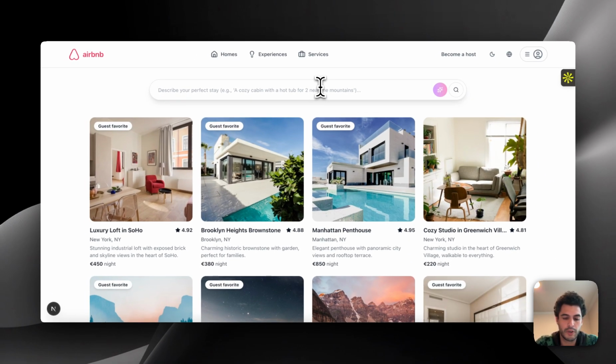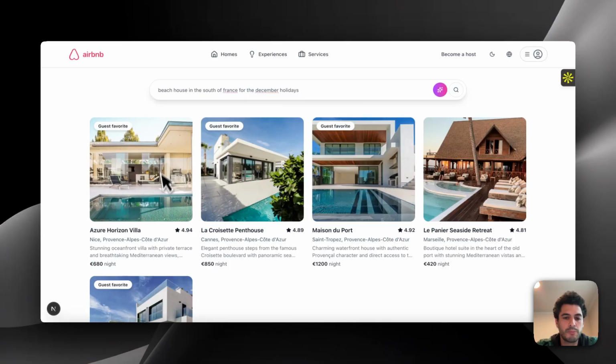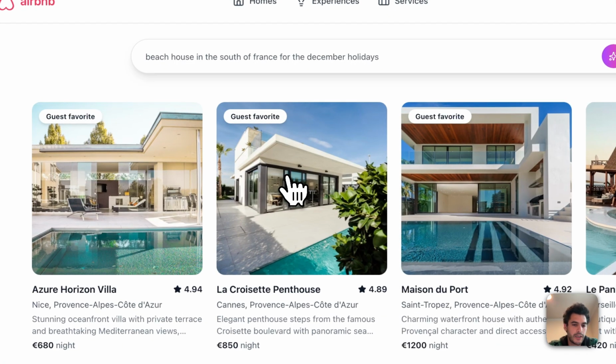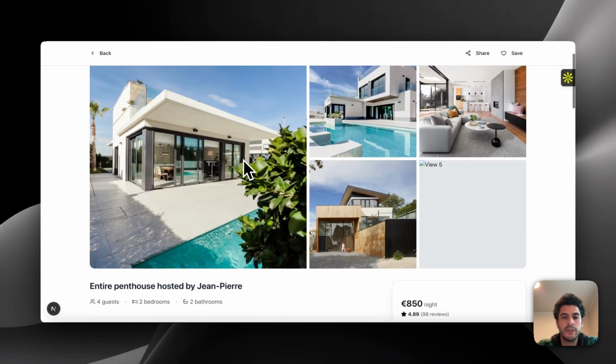So I'm looking for a beach house in the south of France for the December holidays. It's going to go ahead and search, break it down for you. Instead of using filters, you can just do your search with natural language. And here we're going to go ahead and click and be able to see more about each